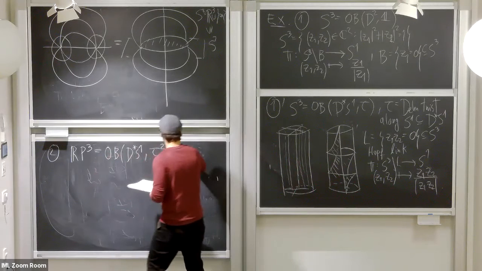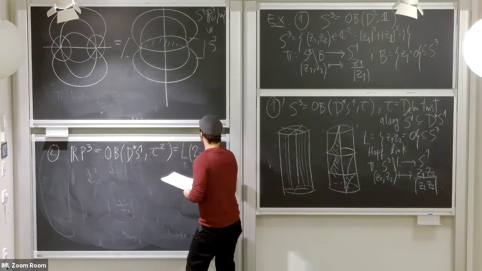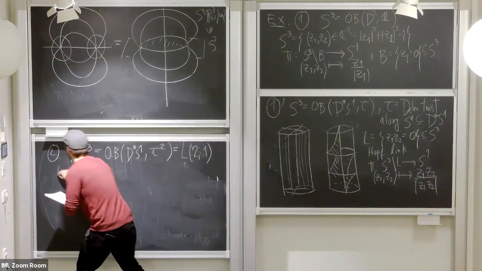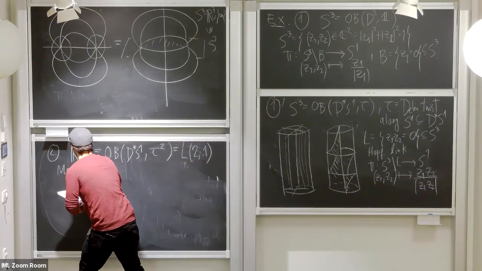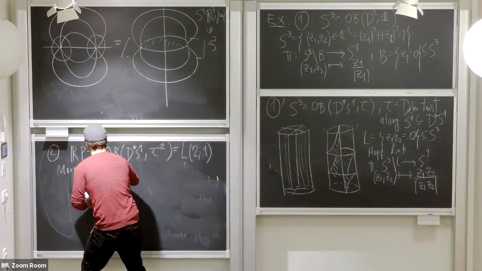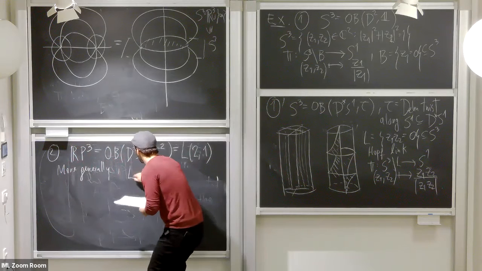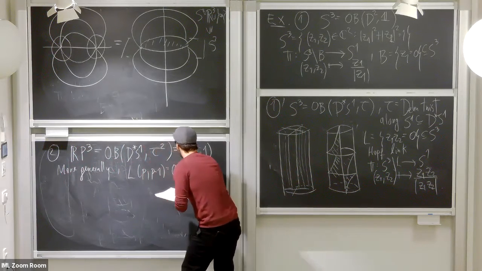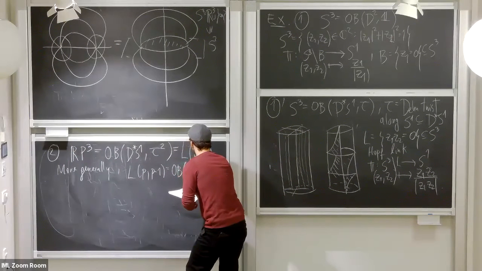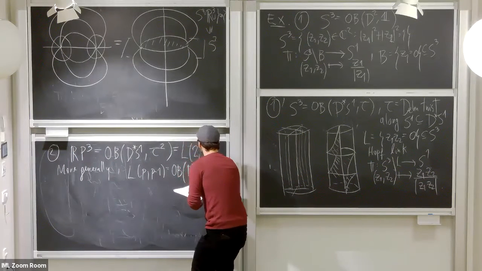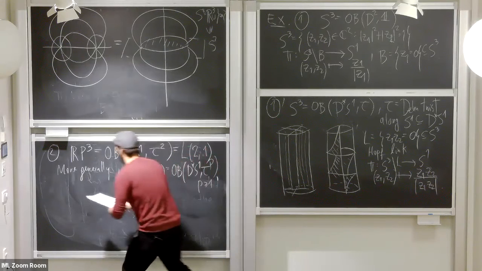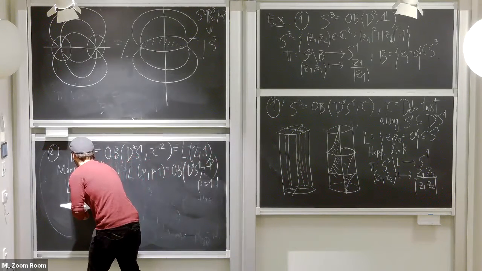So this is the lens space L(2,1), and you can actually prove more generally that L(p,p-1) is an open book with page T*S1 and monodromy tau to the p, for p greater or equal than 1, and L(p,1)